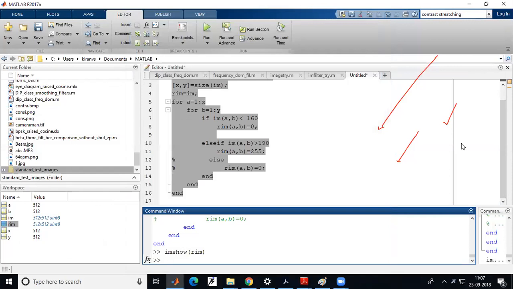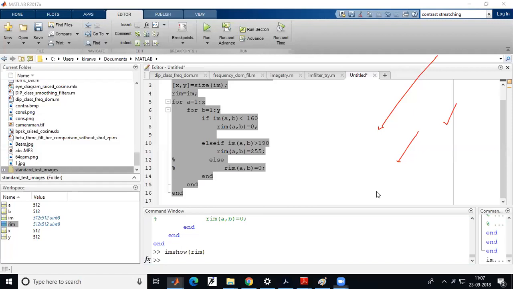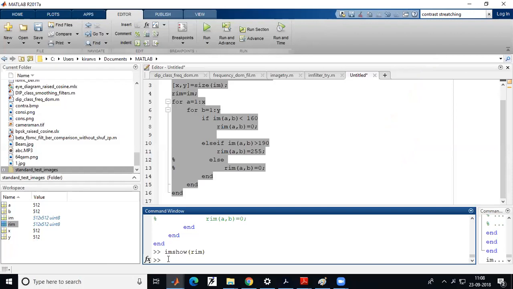What else can be done? That was one example. The next thing is bit plane slicing. How do you do bit plane slicing? Let us try the same particular image. What I will do now is show you the contribution of the MSB. How do I do that? So this particular image, you can see the entire image.